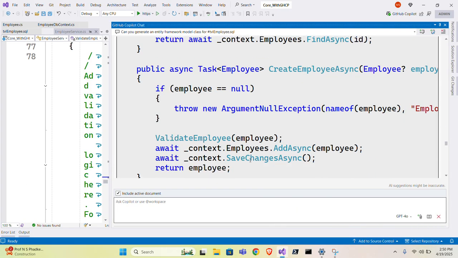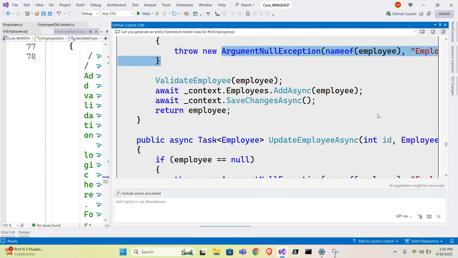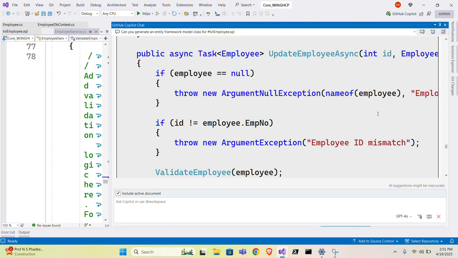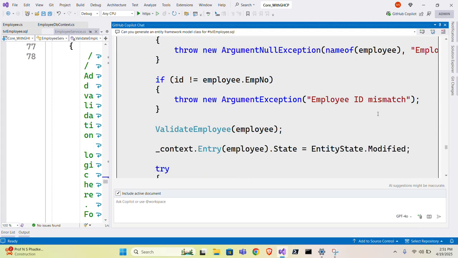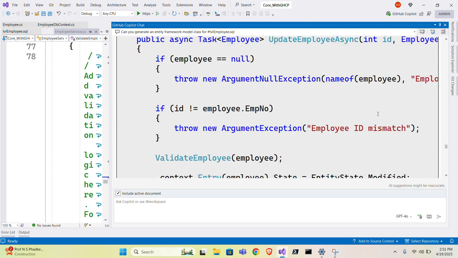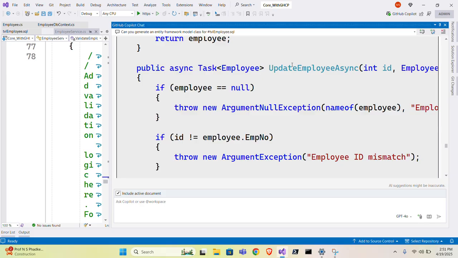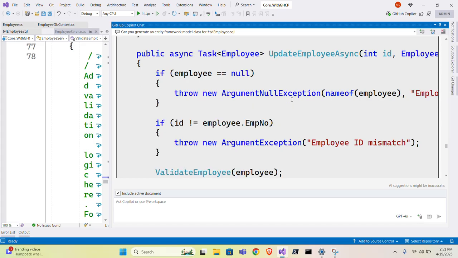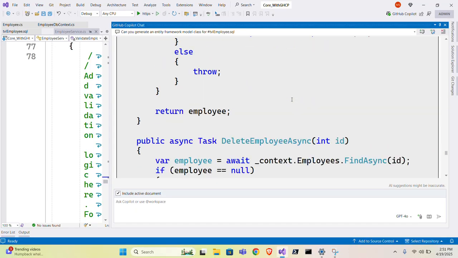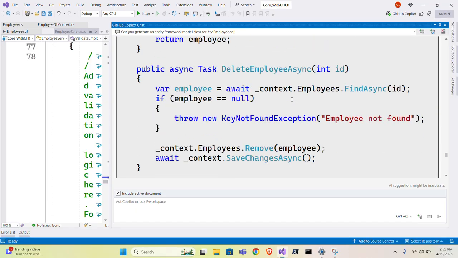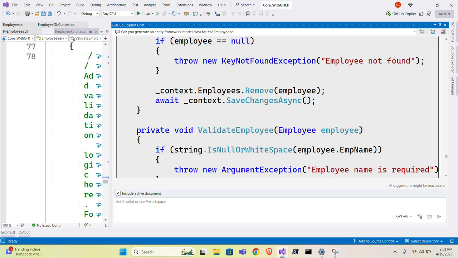So now see here that we are getting the argument exception there. Correct. That's the best part. We do have our update that has been changed, and our create has been changed. Now why is it like that? If the employee itself is coming null, there is no need to perform further execution. It will simply throw the argument null exception, right? So that's how we can very well rely on GitHub Copilot and leverage the model that has been used in it to